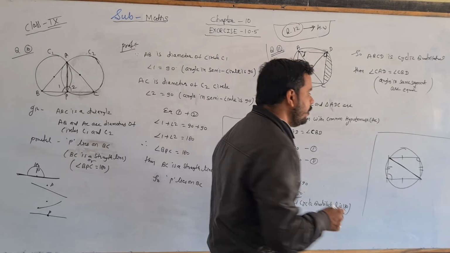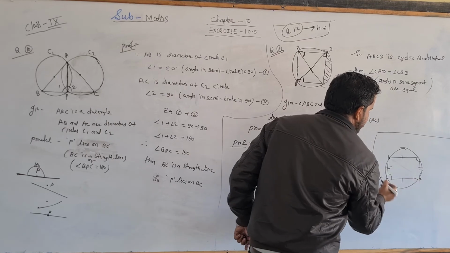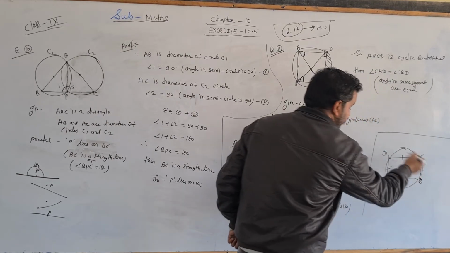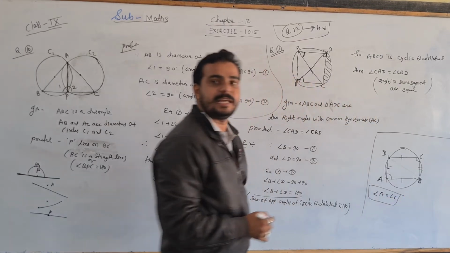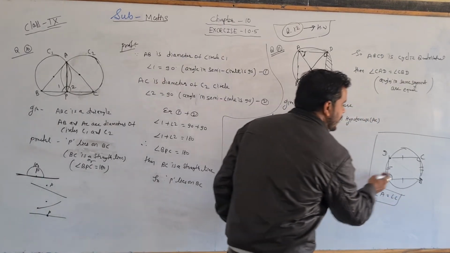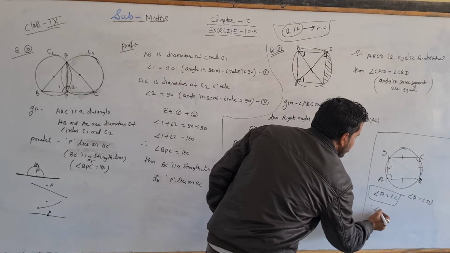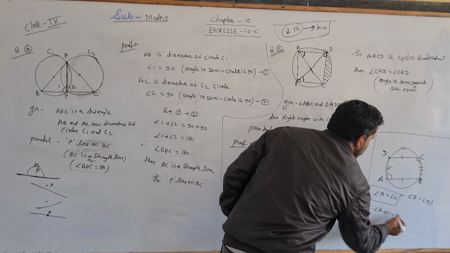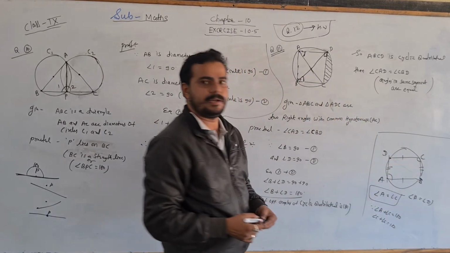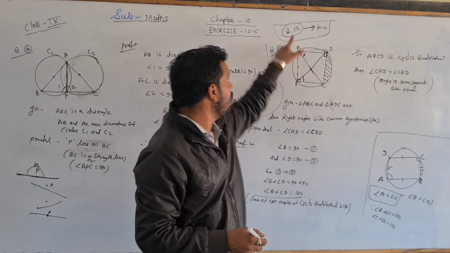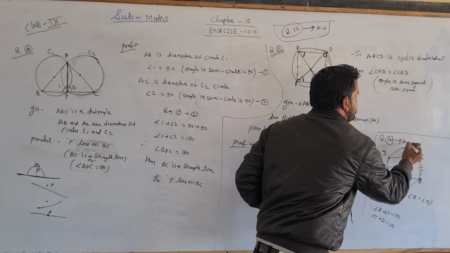If you do not want to prove it this way, if you do not want to draw all this, then also we can say that if ABCD is cyclic and a parallelogram, then opposite angles of a parallelogram are equal. Angle A equals angle C, and angle B equals angle D. Then we can say that angle A plus angle C equals 180, so each will be 90. I hope you understood question number 12, the homework question. Just try to solve it at your home.